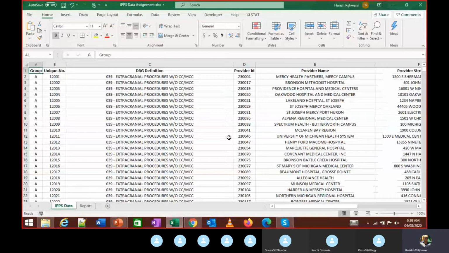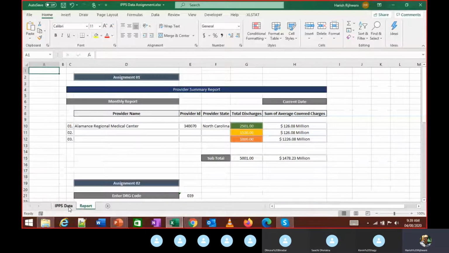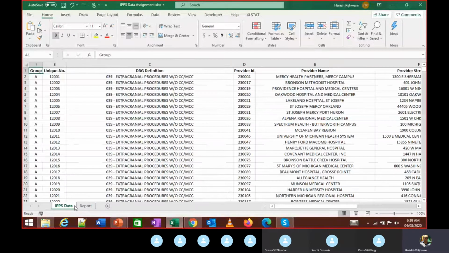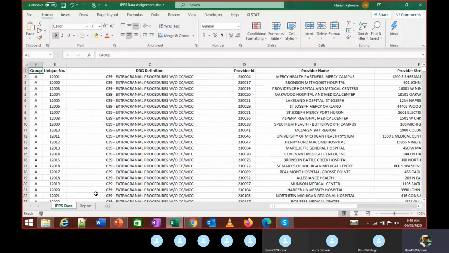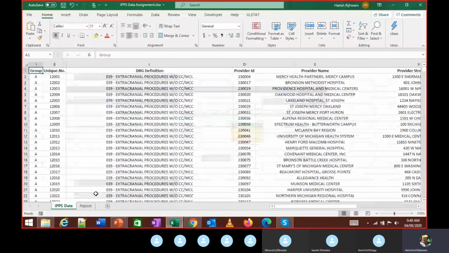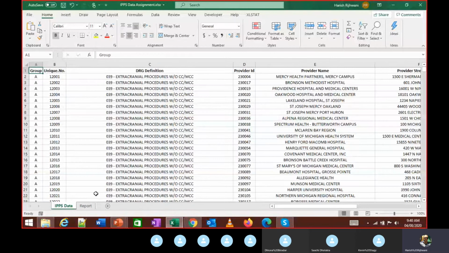Okay, everybody has this Excel in front of them. Yes, sir. Okay, so here you have two tabs. This is a worksheet, and there are two tabs in this worksheet. If I want to navigate between these two worksheets, I have to use Control and Page Down. It will go to the right. If I use Control and Page Up, it is going to go to the left. Can you try that? This is a shortcut. Control, Page Up and Page Down. Press Control and then Page Up and Page Down.